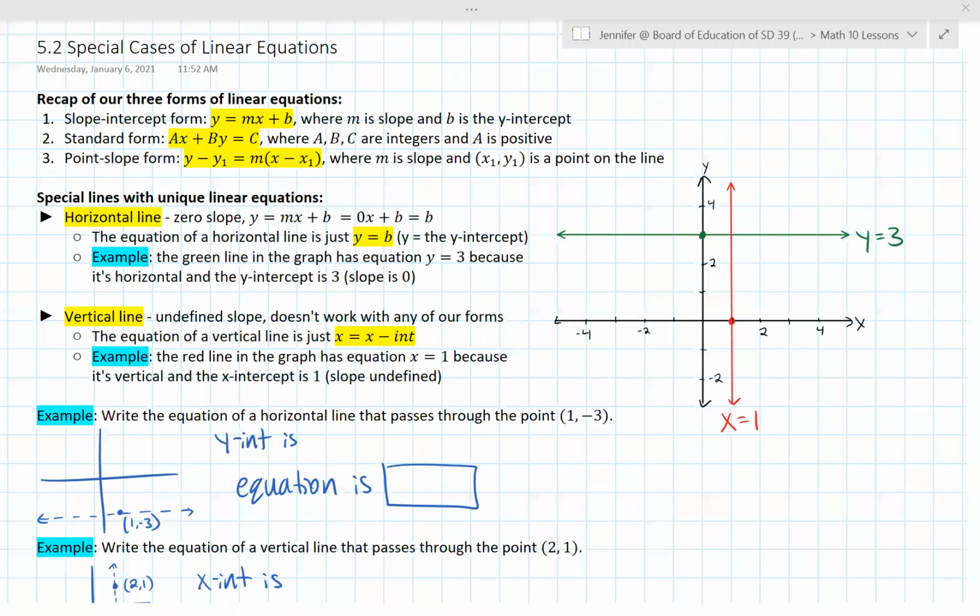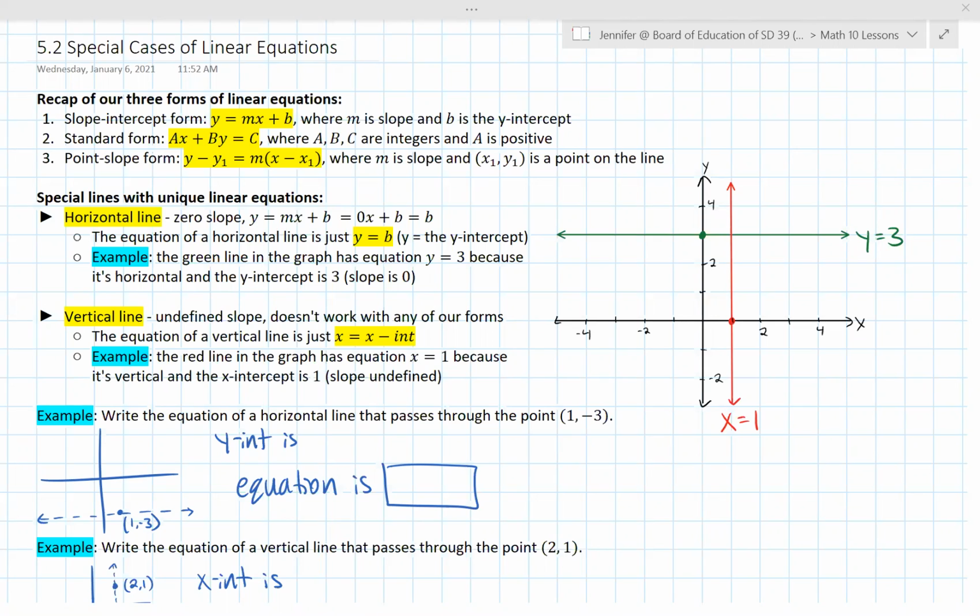This is lesson 5.2, special cases of linear equations. We start with a recap of our three forms of linear equations that we learned last lesson in 5.1. We have the slope-intercept form, standard form, and point-slope form. In this lesson, we're going to start with some special lines that have unique linear equations, and these are our